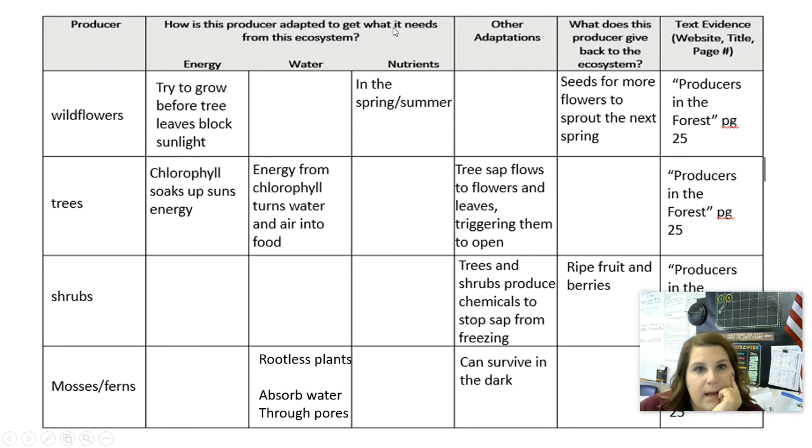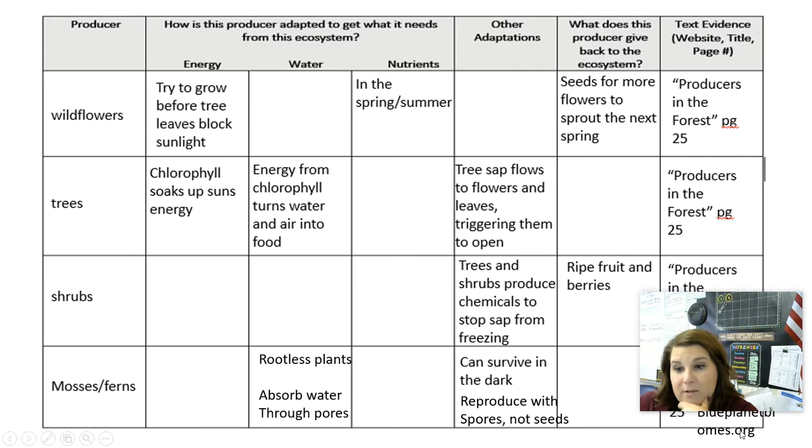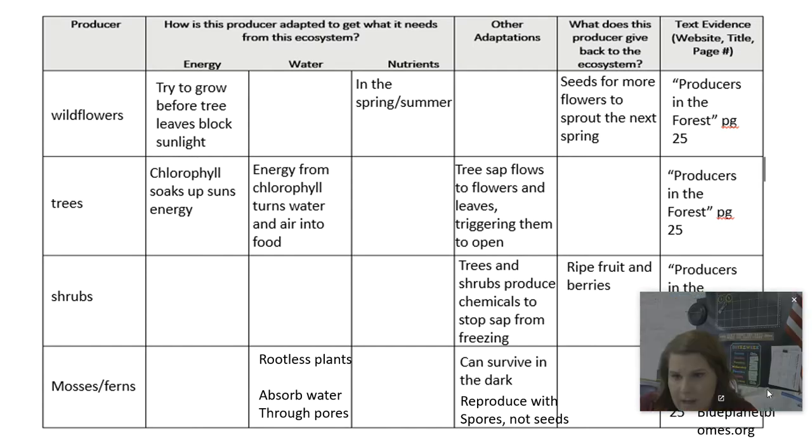So the first thing, how have they adapted to get water? Well, I know they're rootless, therefore they absorb water through their pores. That could also double, I want to wait to confirm it, but I'm making a prediction that would possibly double with their nutrients as well. That's how they get them, but I want to wait until I find that in an article. Other adaptation, this didn't really talk about nutrients, water, or energy, so it goes in my other category. They reproduce with spores, not with seeds. And this is why I always want to write kind of small in my boxes so I can fill it in with a lot of info. You can see it kind of under here, under the camera, where I wrote